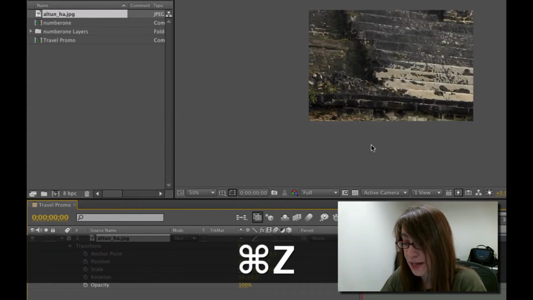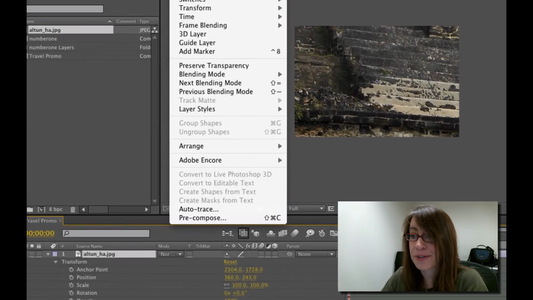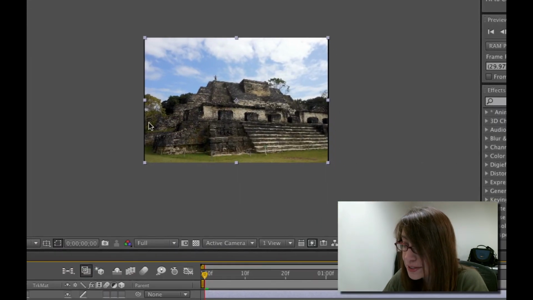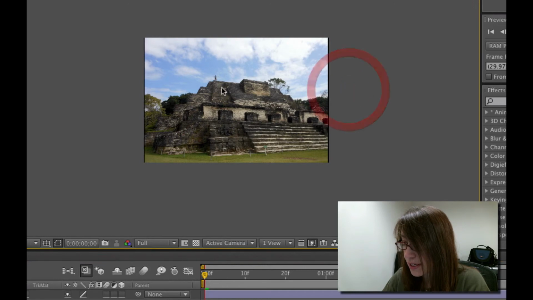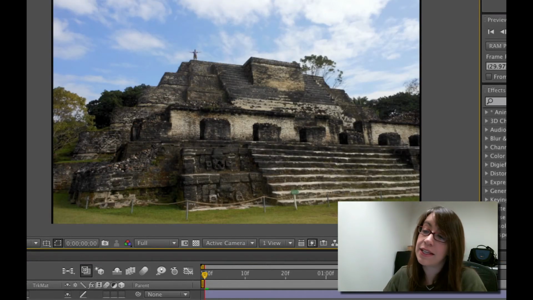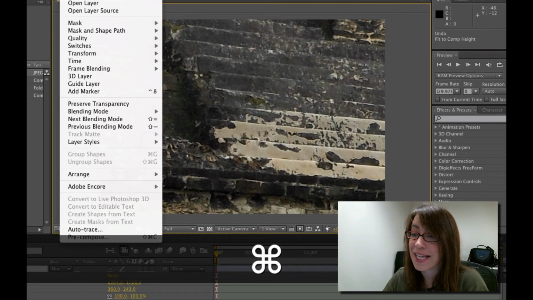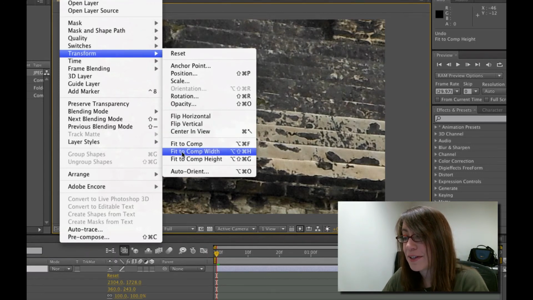And what that means is that After Effects is actually distorting the file to fit it into the composition. And so if I undo that, we come back, and if we come up to Layer and Transform, now we've got some options: Fit to Comp Width and Fit to Comp Height. So if we go to Fit to Comp Height, you can see that we have some little black slides along the exterior of the image. And so if we zoom in, we can see that the height of the composition didn't give us enough width from the picture. So if we undo that and we come back to Layer and Transform and Fit to Comp Width,